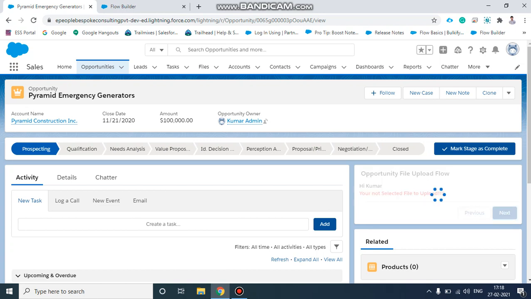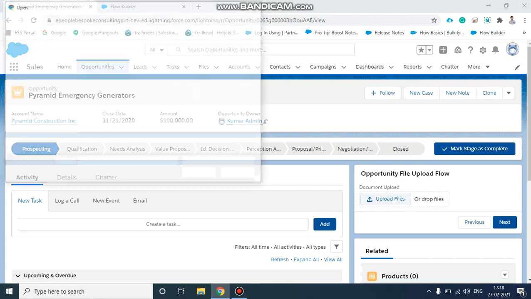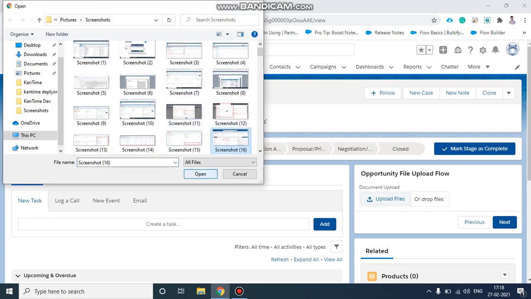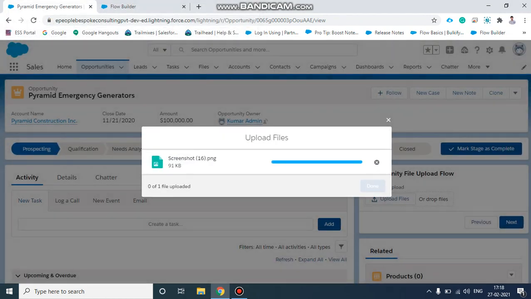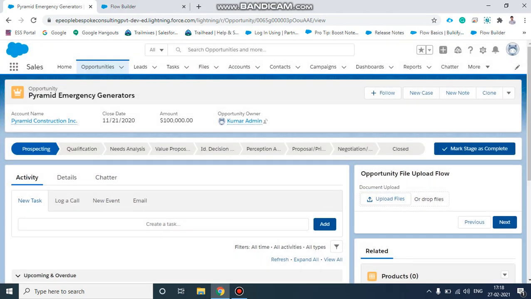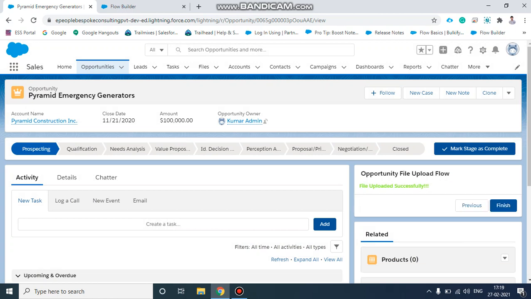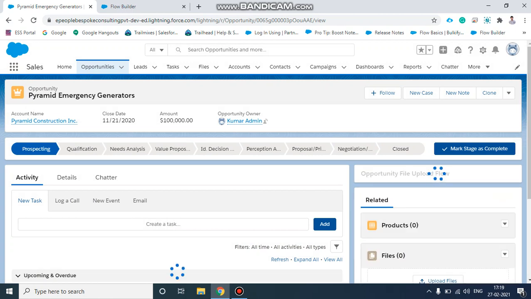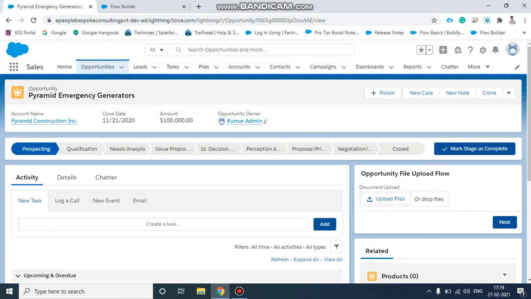Okay, again I will click next. So now I will upload the file. Click done. Click on next. File uploaded successfully. Finish. Okay, this is how I validated that flow, the file upload, and it helped me in my requirement.